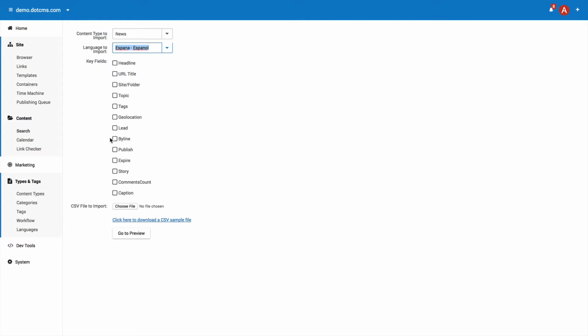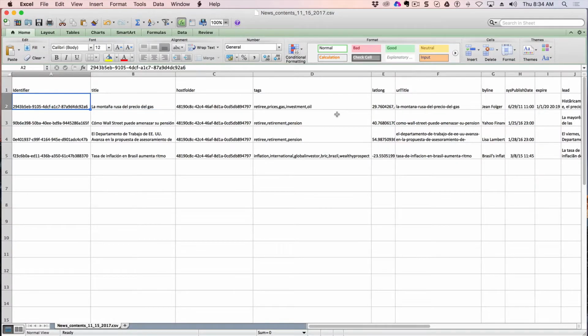So looking at the CSV file that we're about to upload, let's take a look at that real quick by going to Excel. Here is the news content upload file that I'm going to use. Here you can see that identifier column. So this is my key field, and it will match exactly those identifiers and update them with the Spanish version